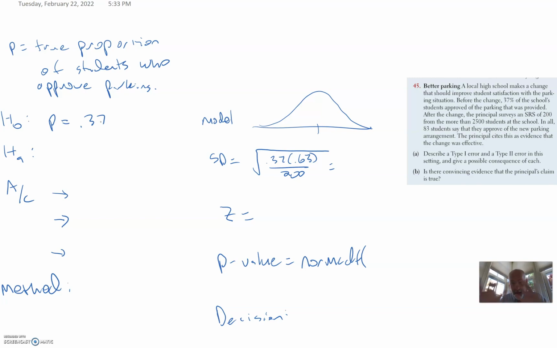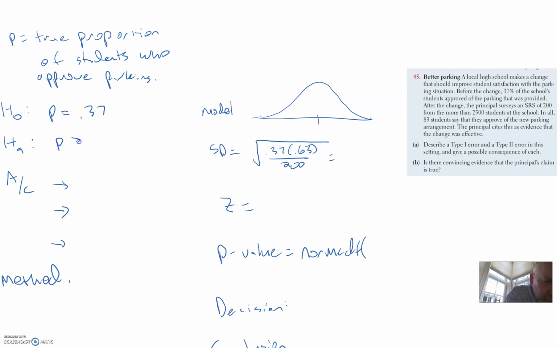The null is nothing changes. The alternative is that this principal wanted to improve student satisfaction, so he wants the proportion to be greater than 0.37. Now, there's some evidence that this is true, because out of the 200 students, 83 out of 200, the p-hat is